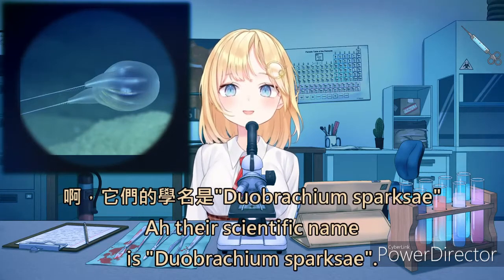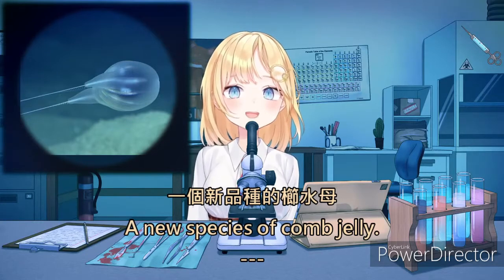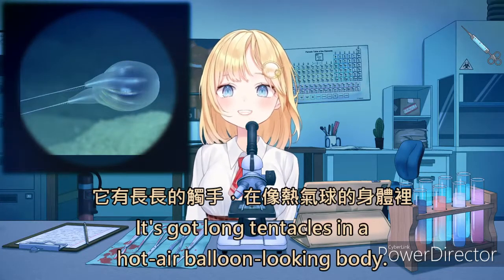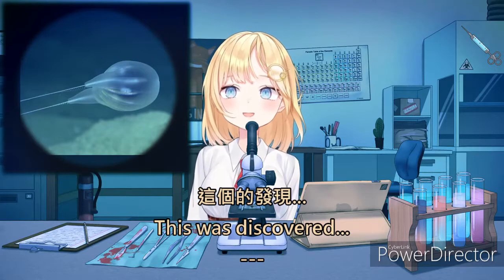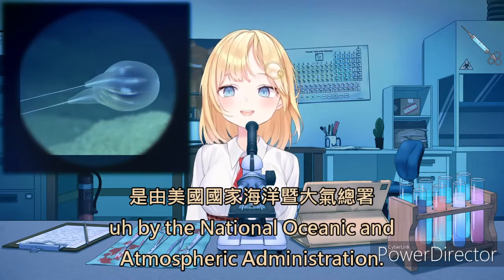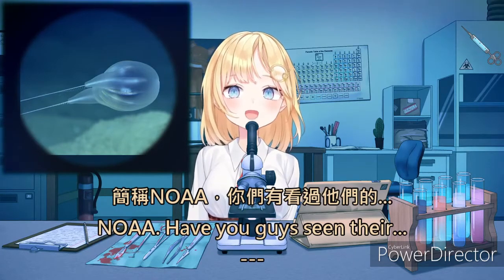The scientific name is Duobrachium sparksei, a new species of comb jelly. It's got long tentacles and a hot air balloon-looking body. This was discovered by the National Oceanic and Atmospheric Administration, NOAA. Have you guys seen their...